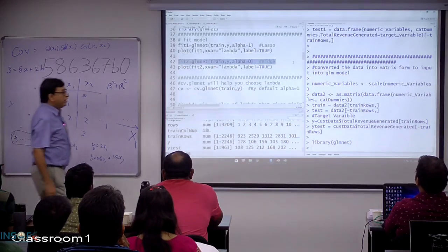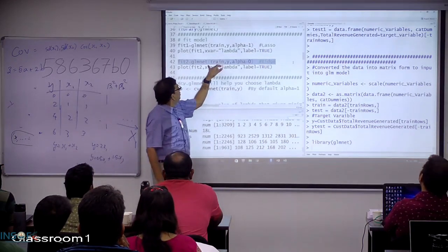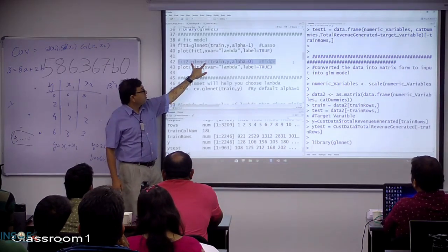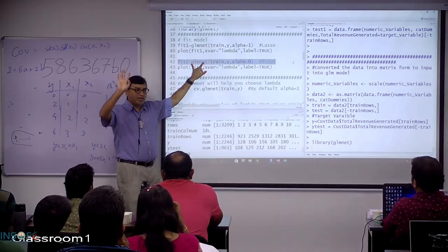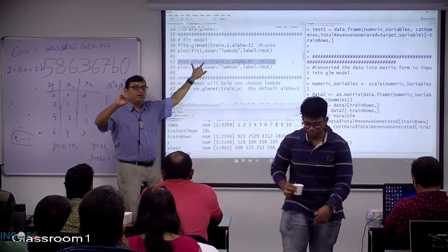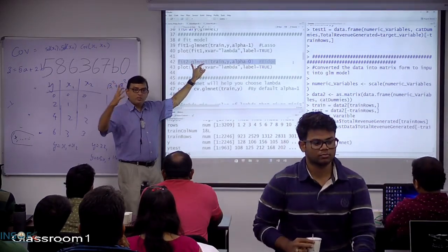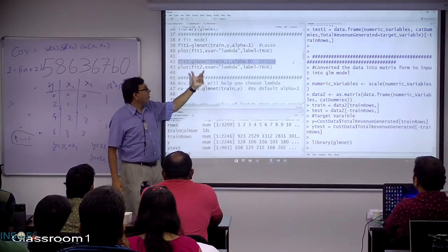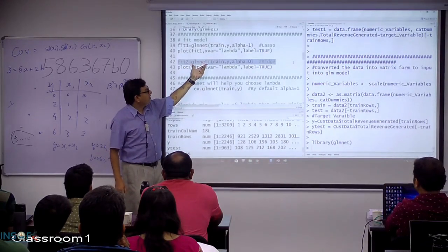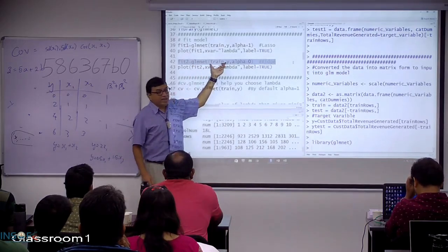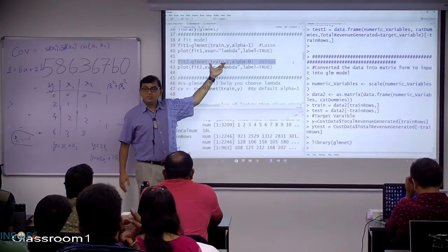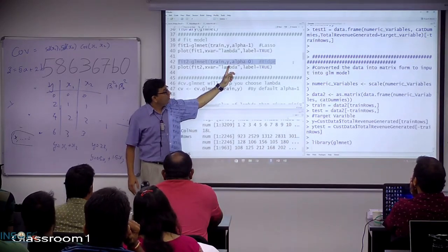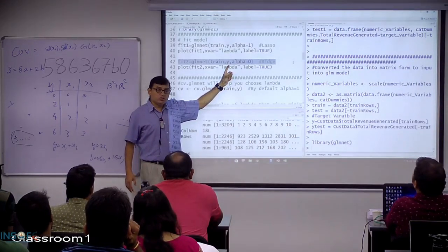So glmnet. The way you call for this regularized regression: normal regression was just lm, right? Generalized linear models was glm, right? This is the regularized one. It comes under the command glmnet. I'm training this. This is the train matrix. This is the Y variable I'm trying to train it to, and it allows a